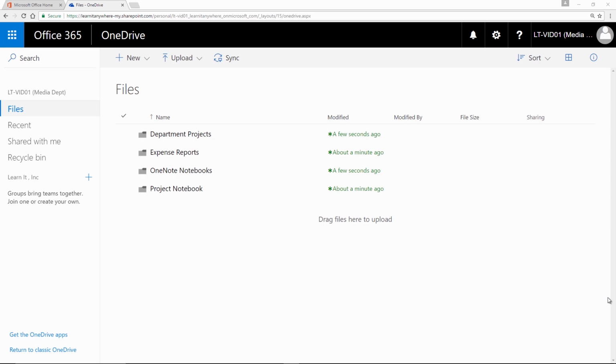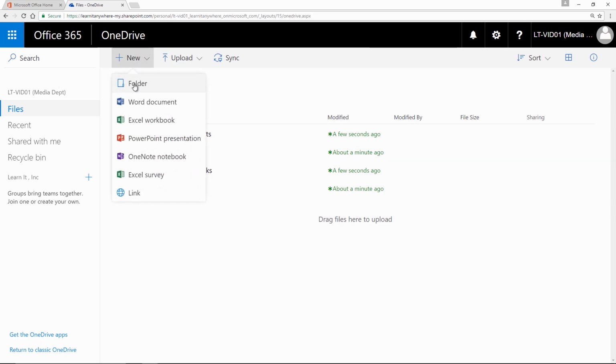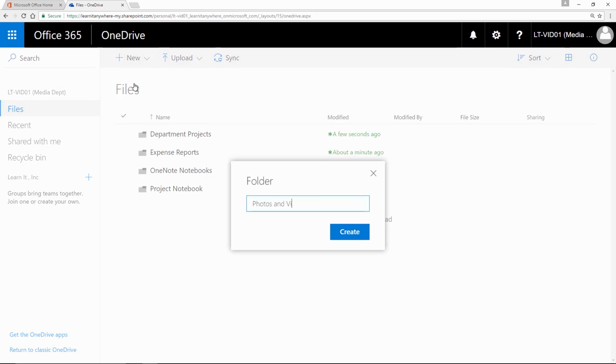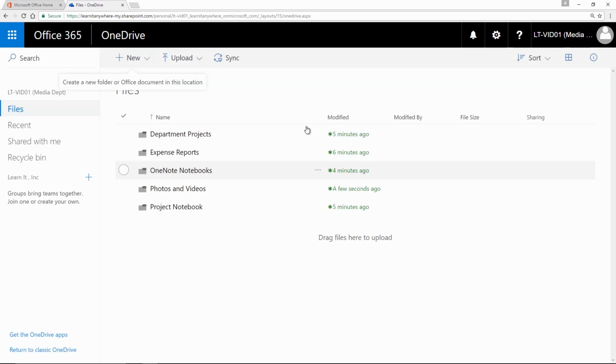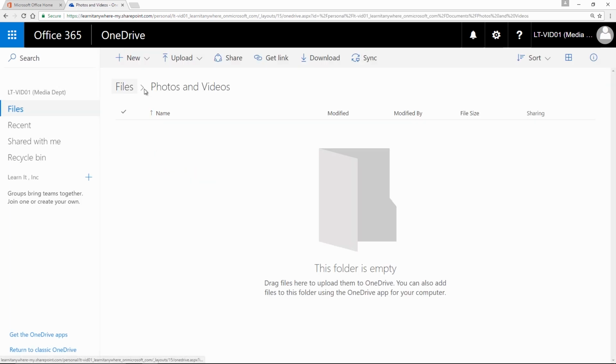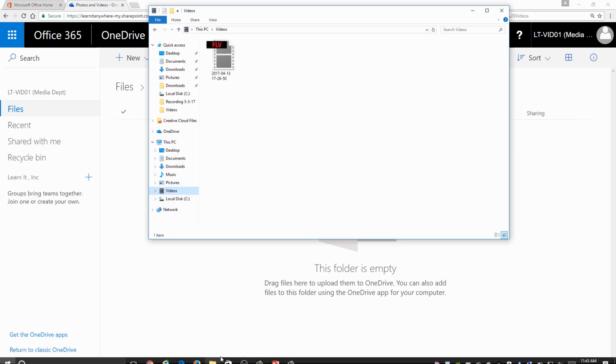In addition to being able to create folders within OneDrive for Business, I can also use OneDrive for Business to store photos and videos. I'm going to create another folder to store my photos and videos by going to New and choosing the new folder. To navigate into the folder, I'm simply going to select it, and that brings me through a breadcrumb trail to that lower subfolder. Now, I can see currently that this folder is empty, but I do have images and videos